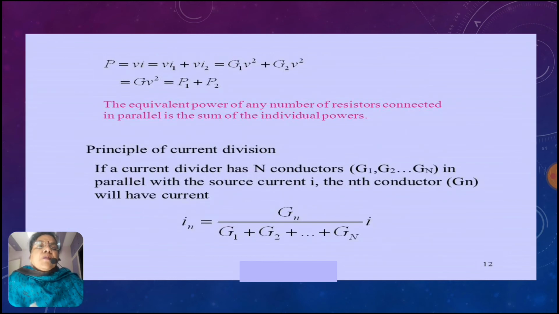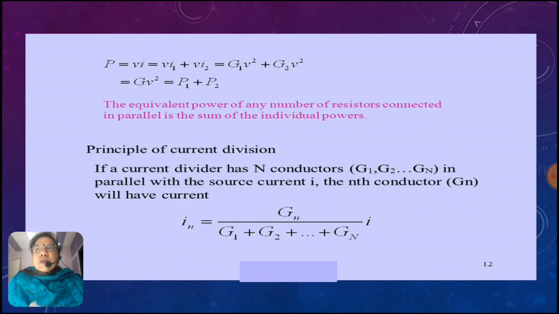So what is again the term power comes here. What is power? Power is again voltage into current. So what is the power across resistor R1? It is V into I1 plus V into I2. So total is G1 into V square plus G2 into V square. So power will be G into V square, which is equal to P1 plus P2. So powers are added. The equivalent power of any number of resistors connected in parallel is the sum of the